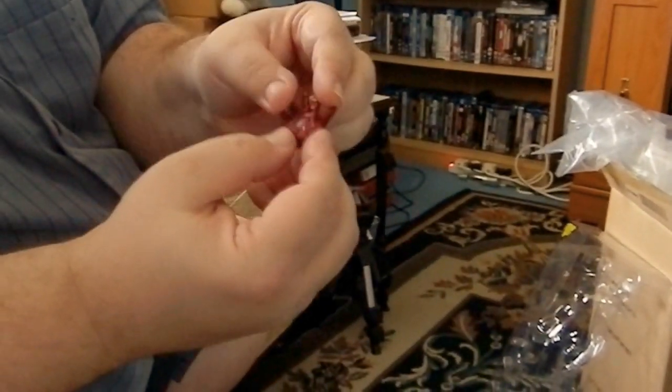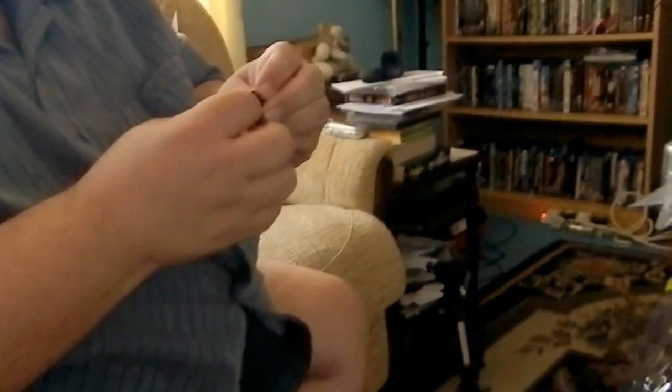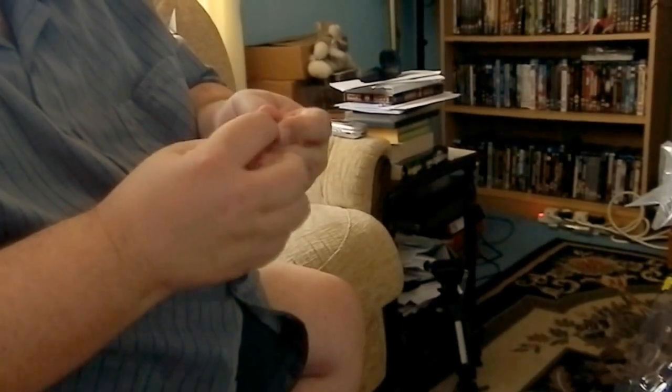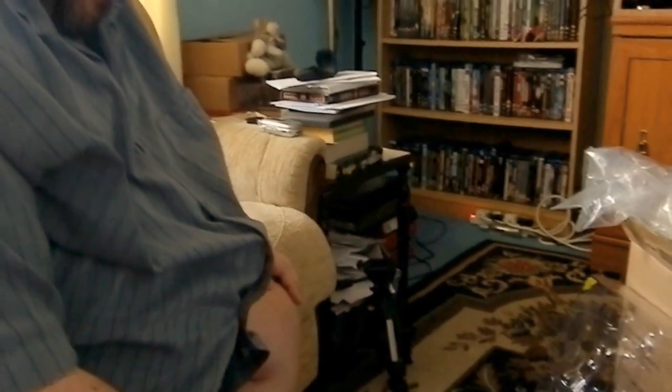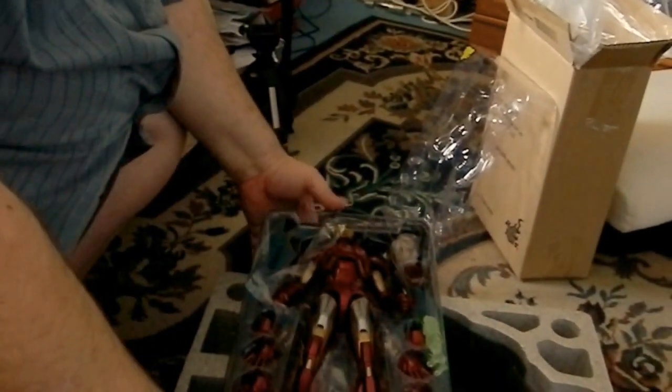There's a reactor lens, the repulsor ray lens, and his wrist. The light will light that up, the light bulb. That's presumably a fixed hand. That's a fixed hand, but again, that has a repulsor ray lens in it. And the adapter for you to be able to do the pull back hand pose to show the repulsor working. Oh, and his collar for when he's wearing his normal douchebag head. The next level,